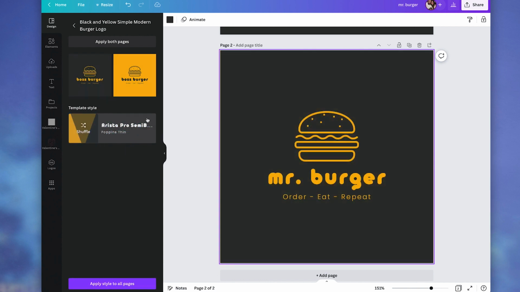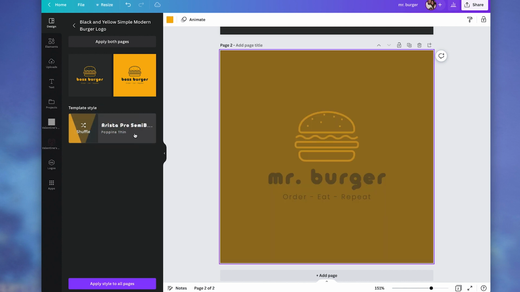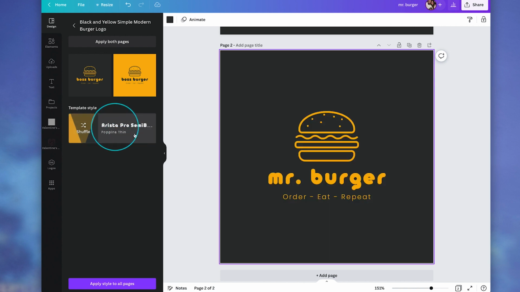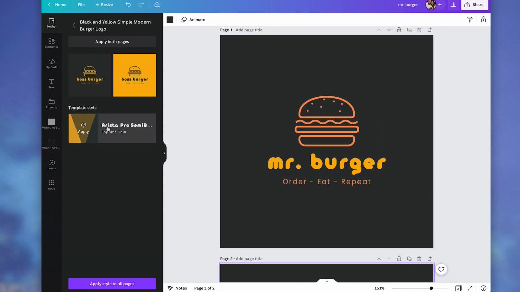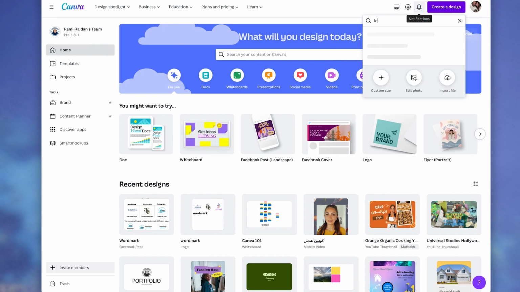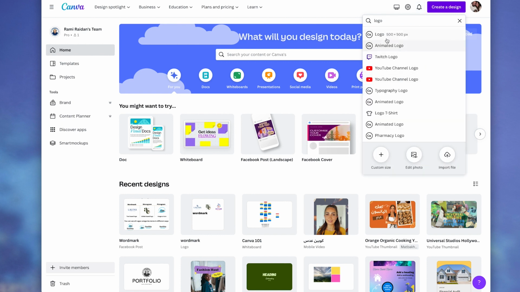And here's the template style. If you apply it, it will give you different options. Pause this video and go ahead and practice this. Create a new logo using a Canva template, and on the next step we're going to create a logo using Canva elements. From the top right corner, press on create a design, search for logo,